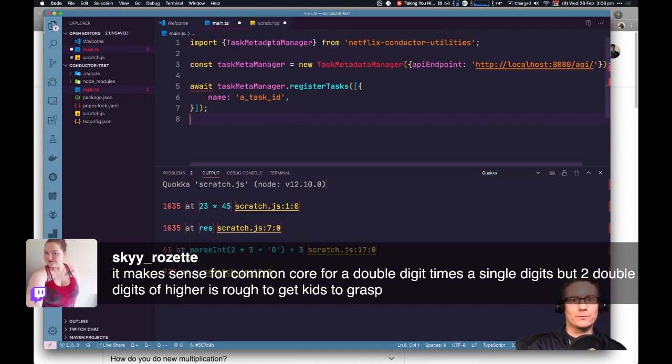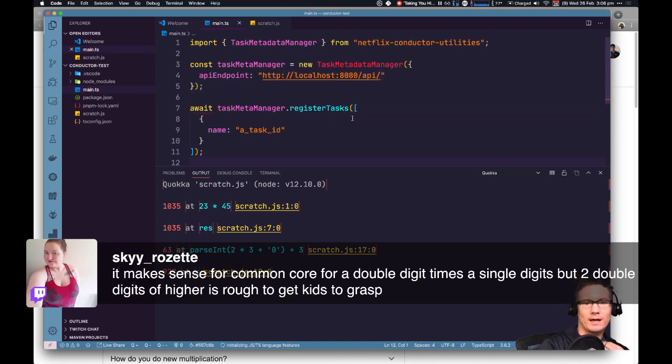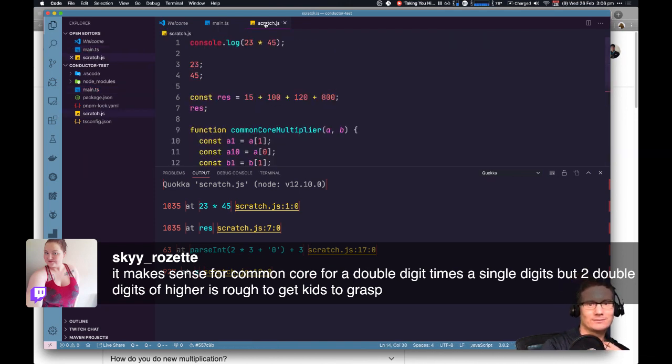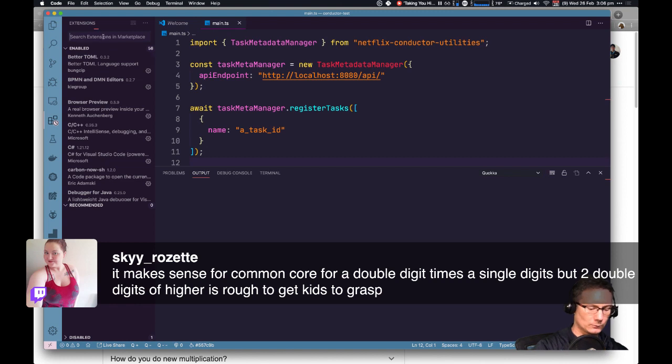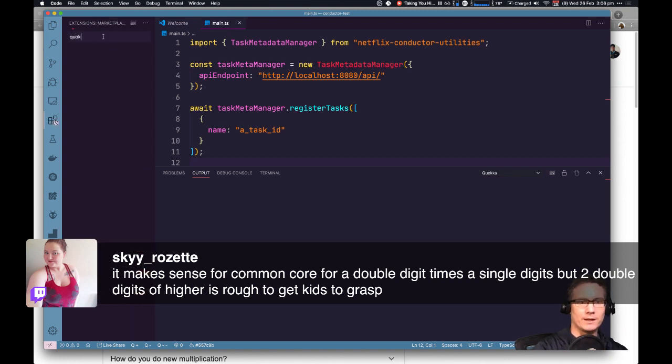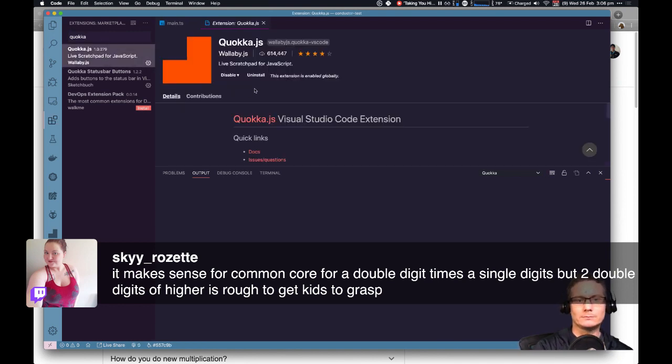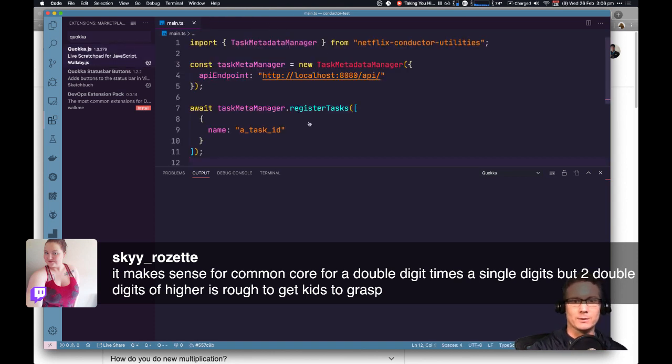And on another note, if I change to TypeScript 3.8, interesting digression back into mathematics. I'm using the Quokka plugin, which allows you to immediately evaluate JavaScript in Visual Studio Code. It's a live scratch pad from a guy who lives on the Gold Coast. He used to work for JetBrains making IDEs, and he's built some really cool plugins for VS Code.